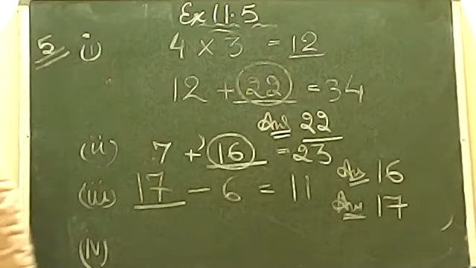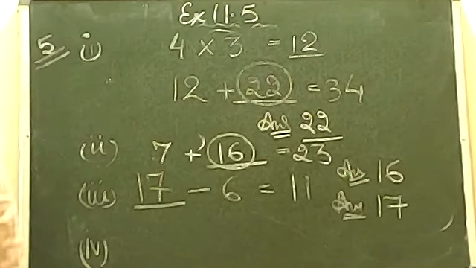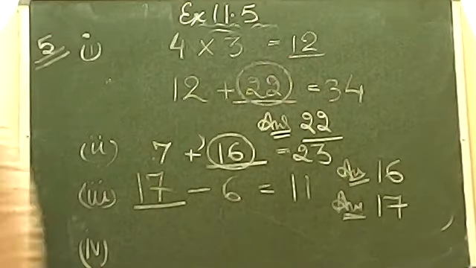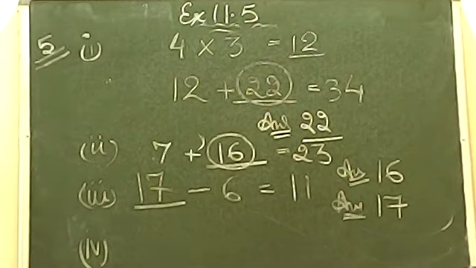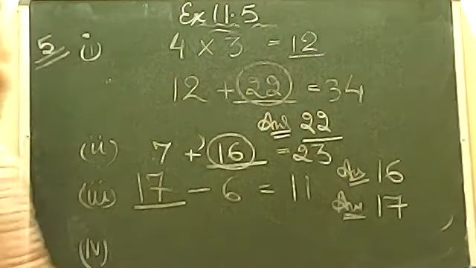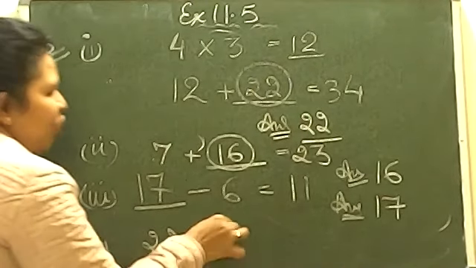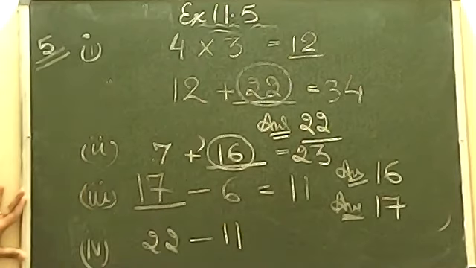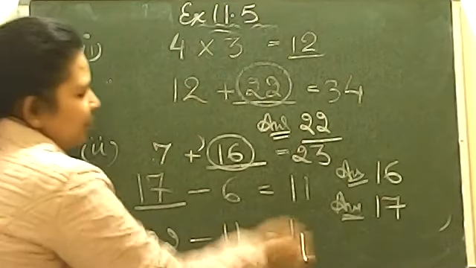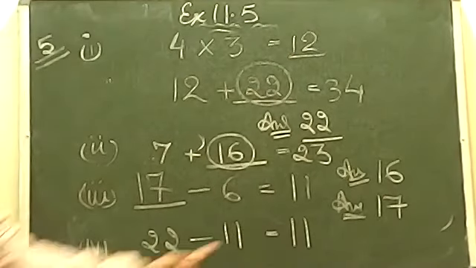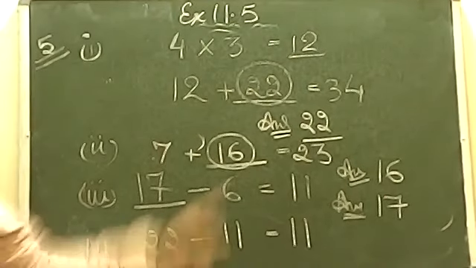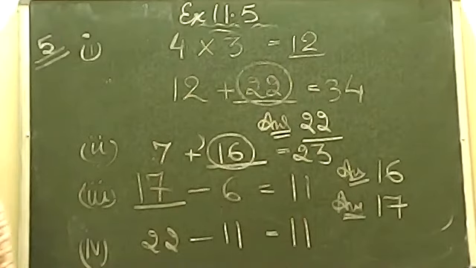Very nice. Which number should be subtracted from 22 to get that same number only? Yes, very good, Shaurya. And rest of the students also, very nice. The answer is, if you subtract 11 from 22, you get the number 11 only. जिस number को आप subtract कर रहे हो, वही number answer में आ जाना चाहिए. If you subtract 11 from 22, you get the same number 11 only.